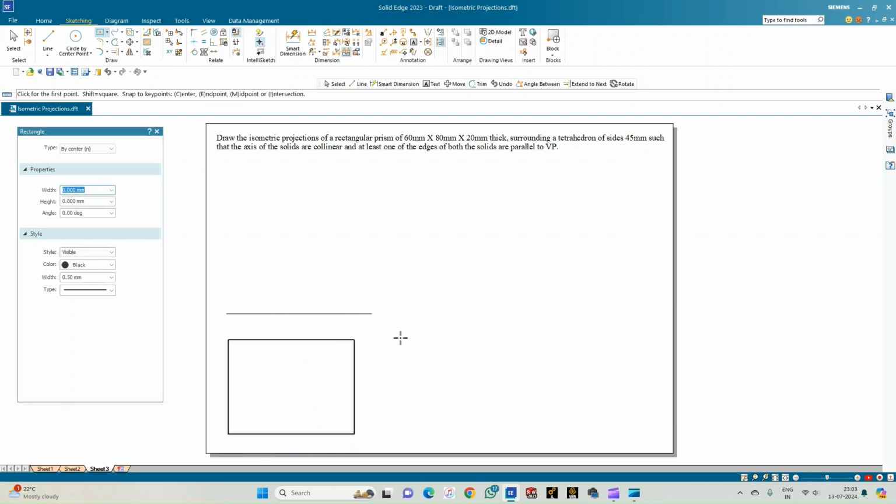So this is the top view of the rectangle. We need to understand that the thickness will be seen in the front view, and in the top view it is only the top surface of the solid that is visible to us. And also we need to understand the next point, that one of the edges of both the solids shall remain parallel to the VP. So we can consider that the longer edge of this solid, the rectangular prism, is kept parallel to